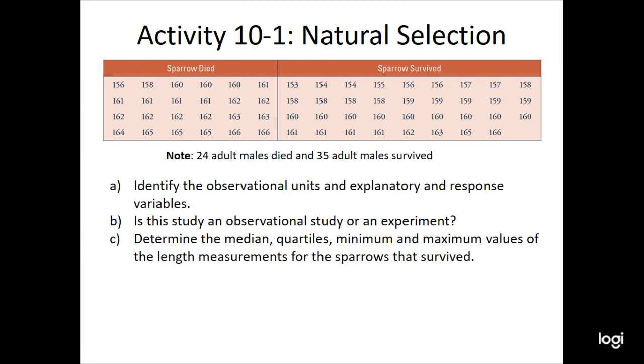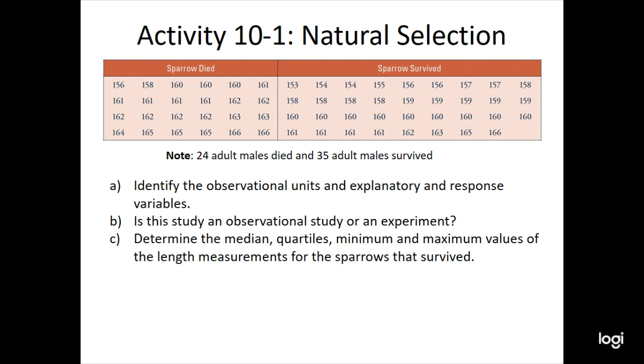Okay. And now we're to the work, right? It says determine the median, the quartiles, the minimum and maximum values of the length measurements for the sparrows that survive. This is exactly our 5-number summary, okay? So if you can find the median, the first quartile and the third quartile, and the minimum and maximum, those are 5 values, and they summarize the data set, okay? So let's do that for